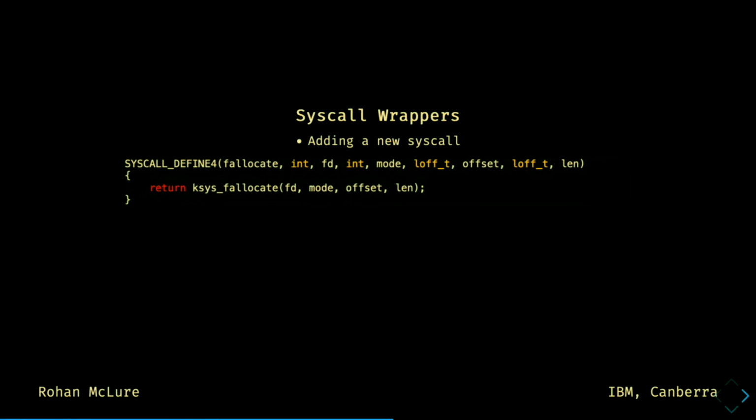The prototype for the fallocate syscall handler is going to prepend this sys underscore prefix to the beginning, because no one should be directly calling it by name. So if you're going to create your own syscall, if you're mucking about with the kernel, you'll define the syscall like such, and then you'll add a number in a table to say when R0 is this number, in kernel, please call this syscall for me.